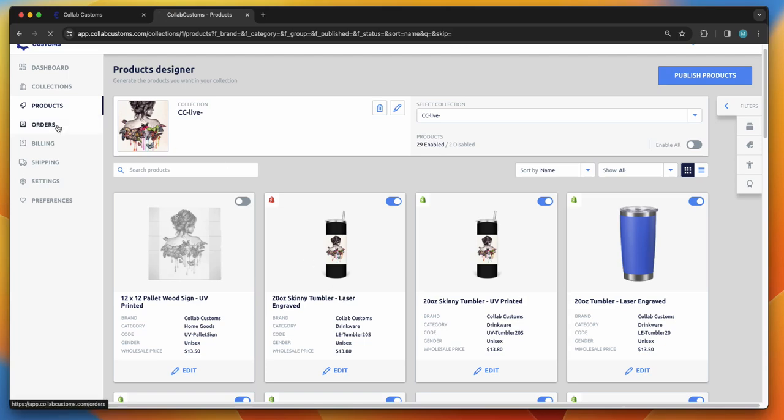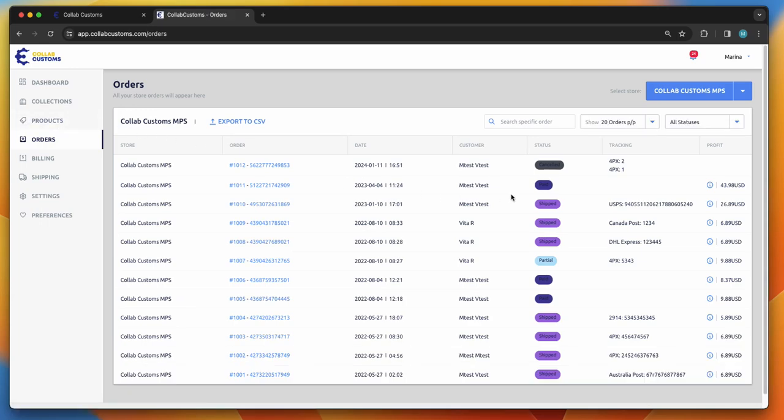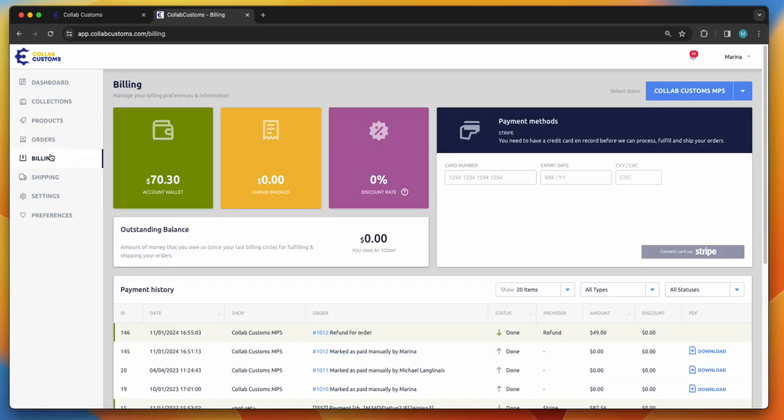Let's walk through orders. This will basically just showcase a summary of your orders. As I mentioned, this is just a test store. This is no one's information that we're showing you. Walk through to billing. This is actually very important right here. This showcases all the billing and the amount that you owe before we can start working on your orders. This will have a total value, but you will see them down here individually, what is